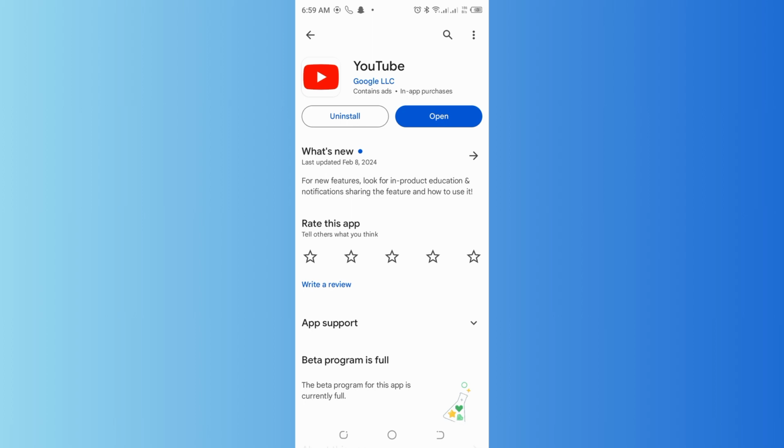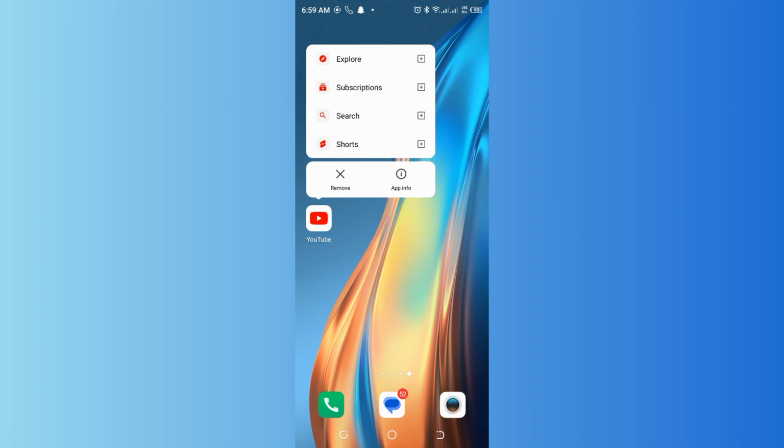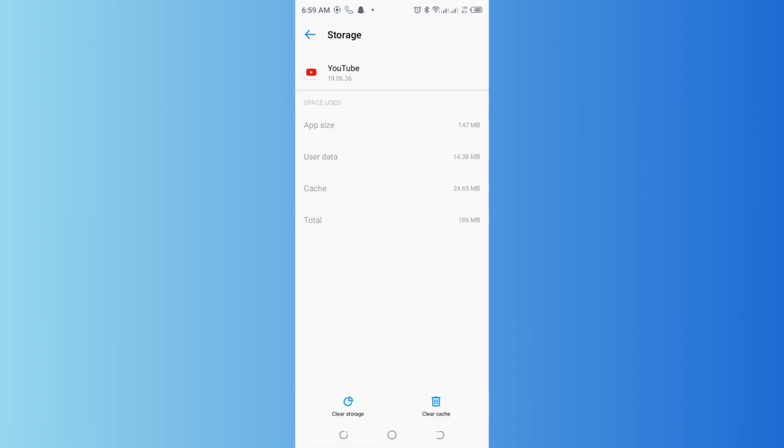You could also try clearing the cache and cookies. Go back and press the YouTube app like this and go to the app information. Select storage and cache, and at the bottom there's a clear cache option. Simply tap on that. Clearing your cache can sometimes resolve issues with functionality, and then you can also try